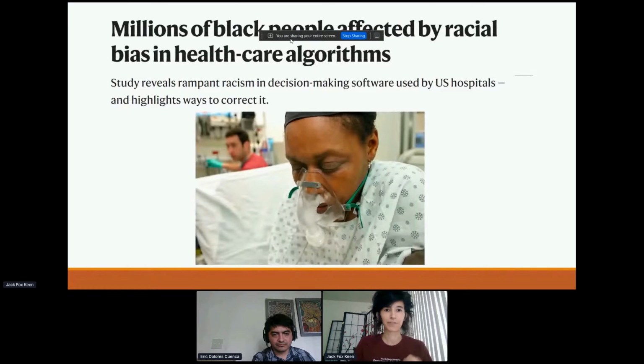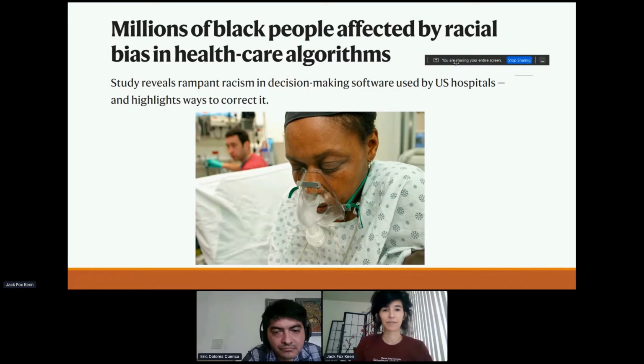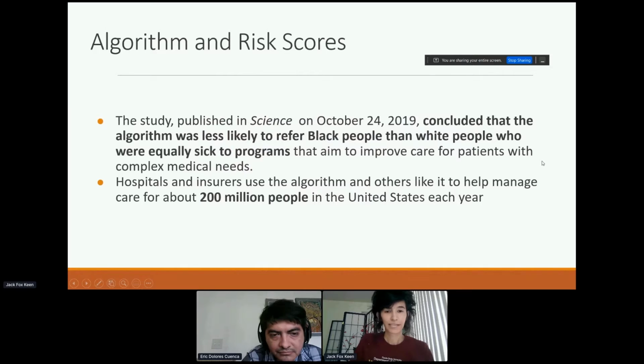And so the first example was published in Nature magazine in 2019. The title was Millions of Black People Affected by Racial Bias in Healthcare Algorithms. What this study showed was that there was racism in the decision-making software used by US hospitals, and then discussed the ways to correct it. Oh, it's not going down. Oops. So the study was published in Science on October 24th, 2019, and concluded that the algorithm was less likely